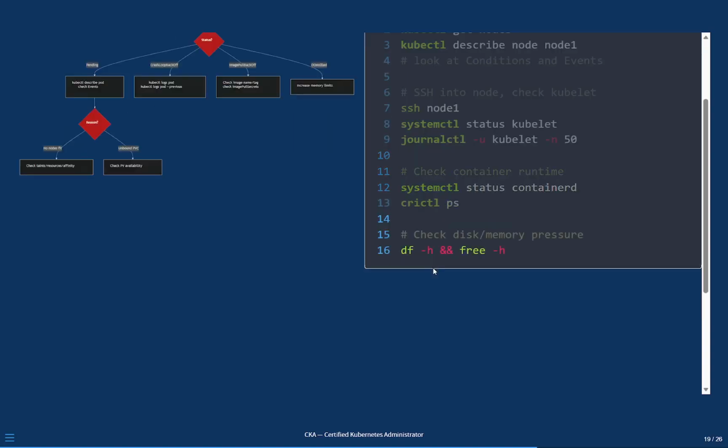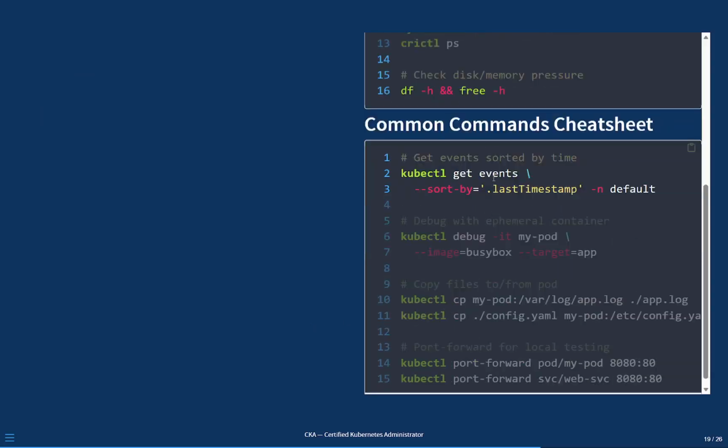Click. And here are the utility commands that make troubleshooting fast. kubectl get events --sort-by=.lastTimestamp gives you a chronological view of what happened. kubectl debug lets you attach an ephemeral container to a running pod to inspect it without modifying the pod spec. kubectl cp pulls log files out of pods, and kubectl port-forward tests a service locally without an